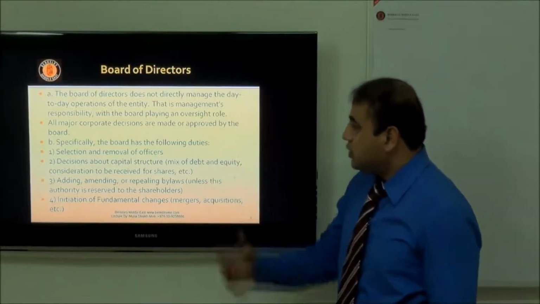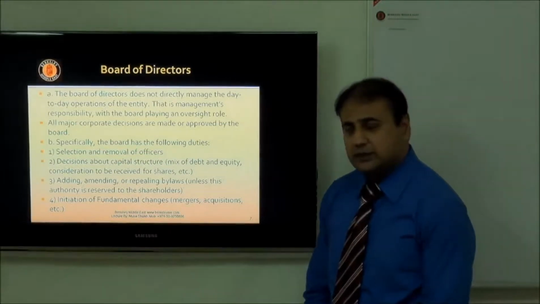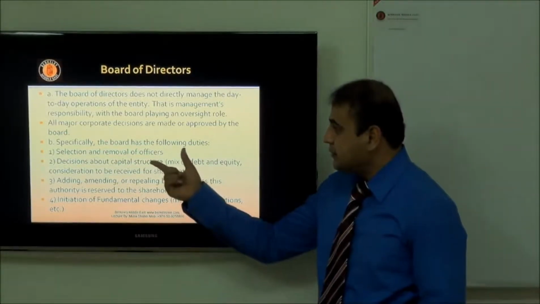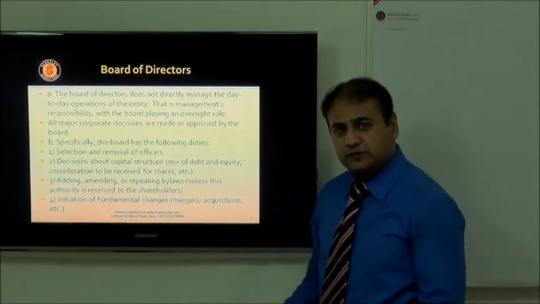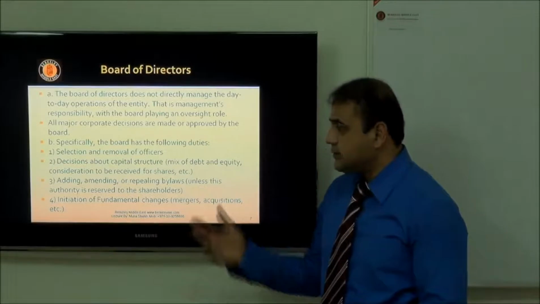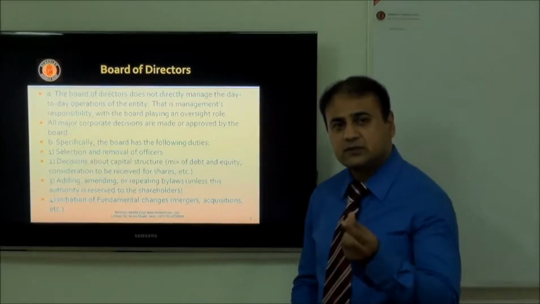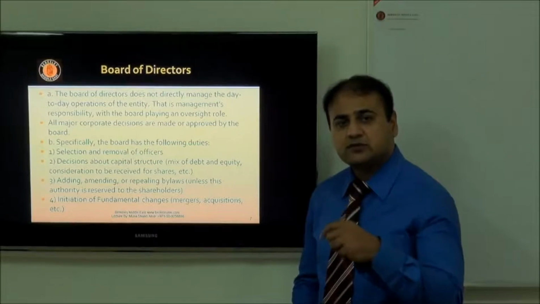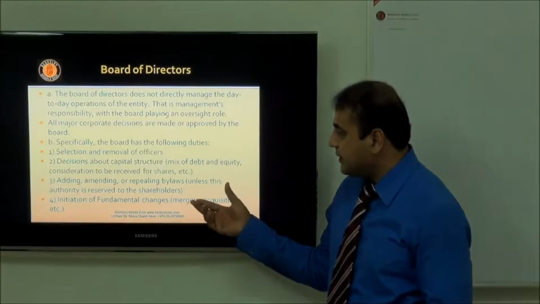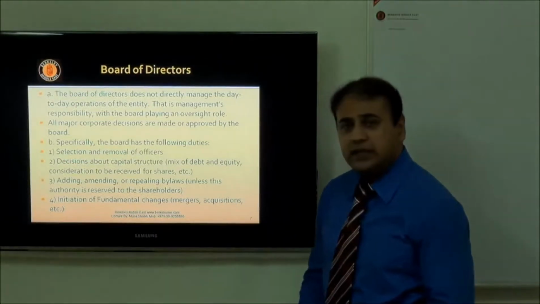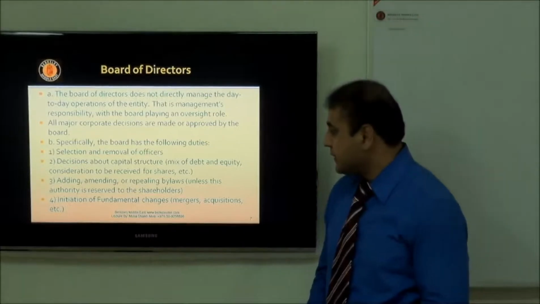So all major corporate decisions are made or approved by the board itself. Then the board is generally involved in the selection and removal of the officers. Then decisions about capital structure: how much would be the optimized structure, what would be the debts, what should be the capital amount. Then we will see the board is responsible for adding, amending and repealing bylaws, and